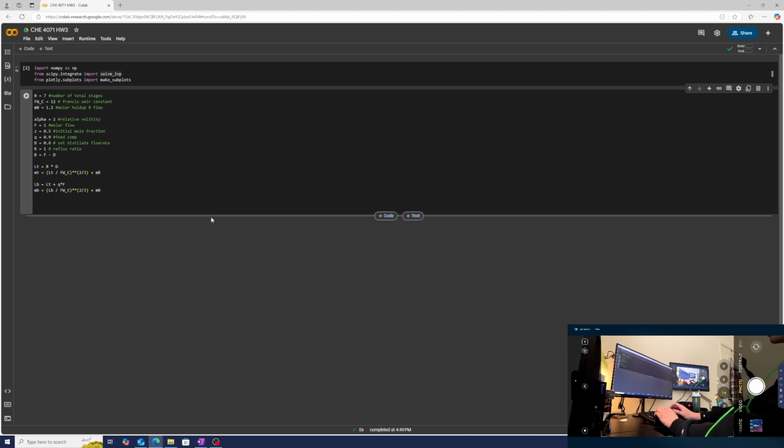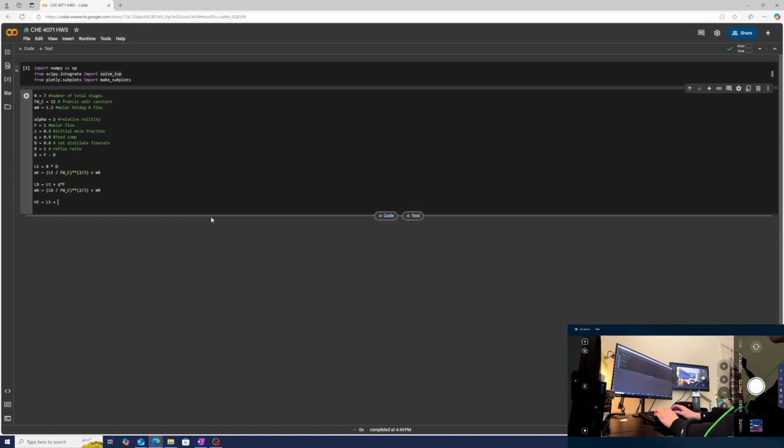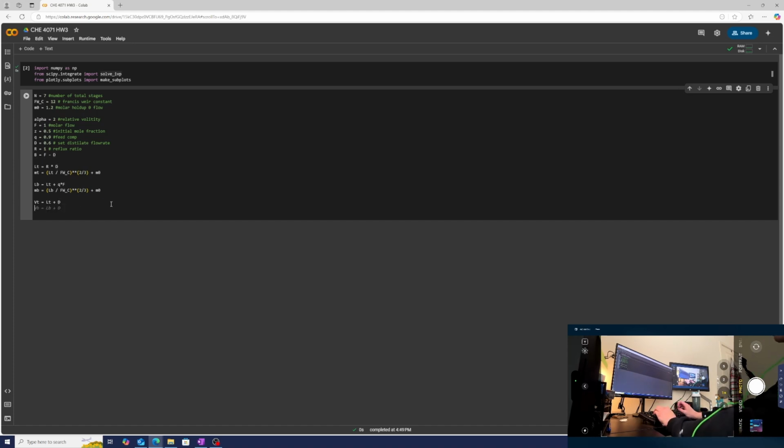We know that our VT is going to be equal to our LT, so our liquid coming out of the top, plus what's going out. So all of the vapor that goes up is either returned as top liquid or turned into distillate. And then we know that our V bottoms is going to be equal to our VT minus (1 minus Q)